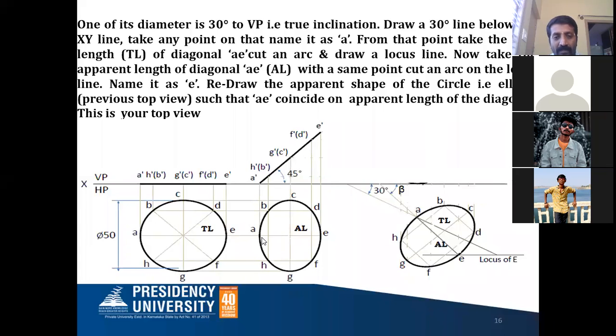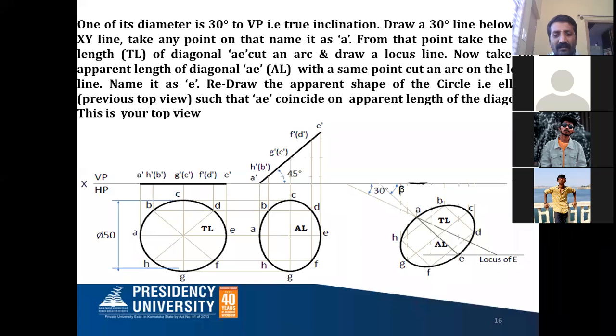From the arc method, let me explain first. A to C, E to C, A to G and E to G distance is the same. So from A I can draw an arc. From E I can draw an arc on both sides. After this, I can get these 4 points. Next, here also I can take the arc. I can cut it and get C and G. So whichever common distance is there from the arc method, you can use your own method.